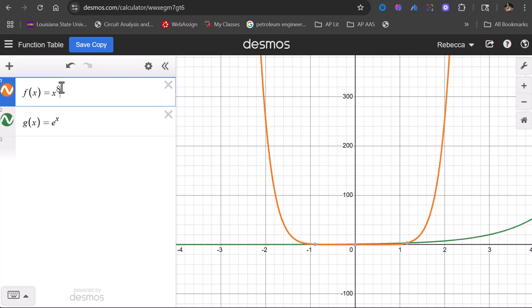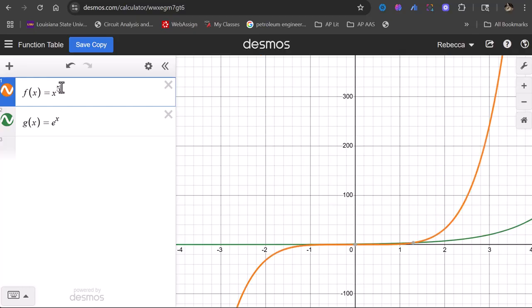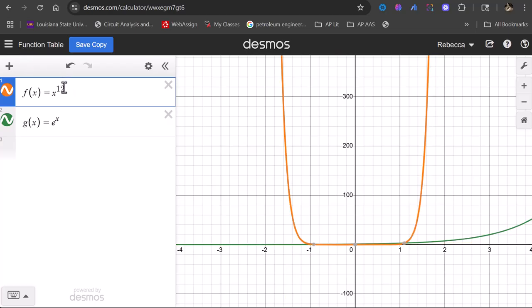Just to make this so it's not anyone's exact homework, let me change this to x to the 5th. No, let me, yeah, x to the 11th, how about? There we go. Okay. I think they did all even, x to the 12th. Okay. Alright, so now, if I zoom in real close,